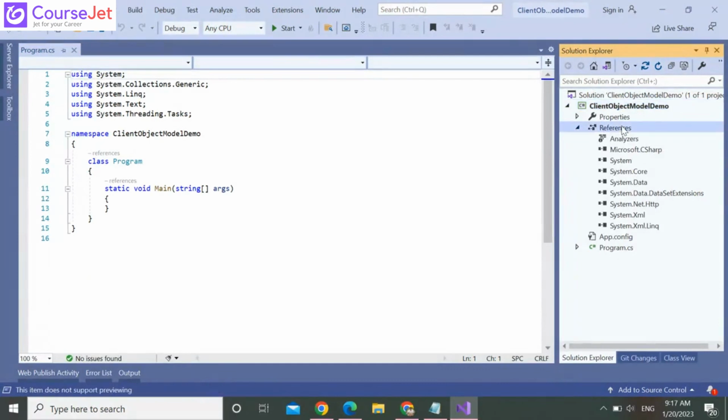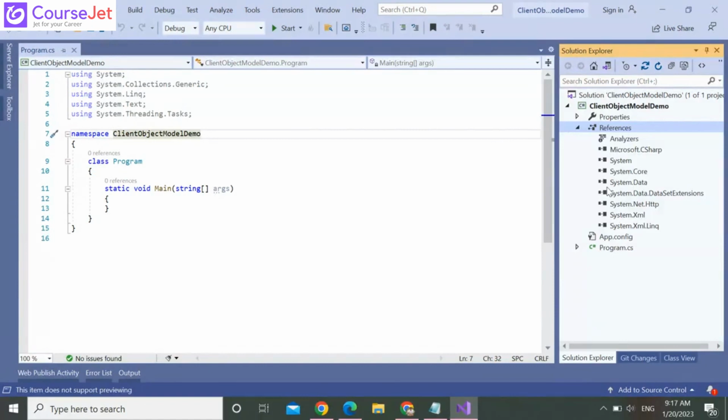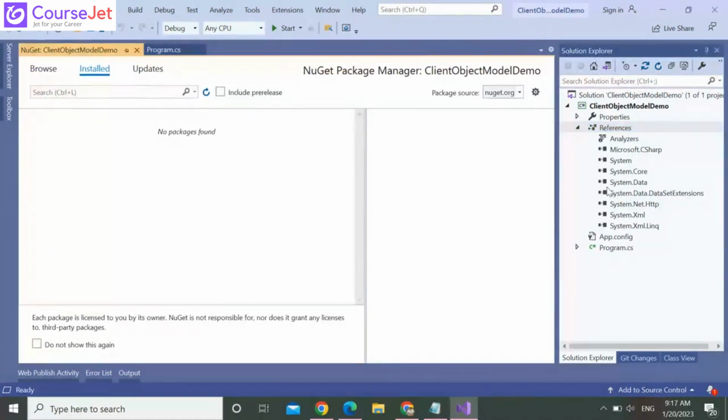So the first step is we need to add the references. For that I'm right clicking References, clicking on Manage NuGet Packages, to Browse.